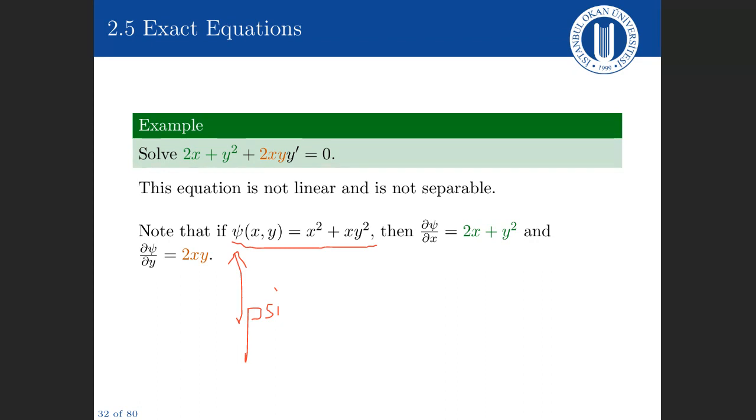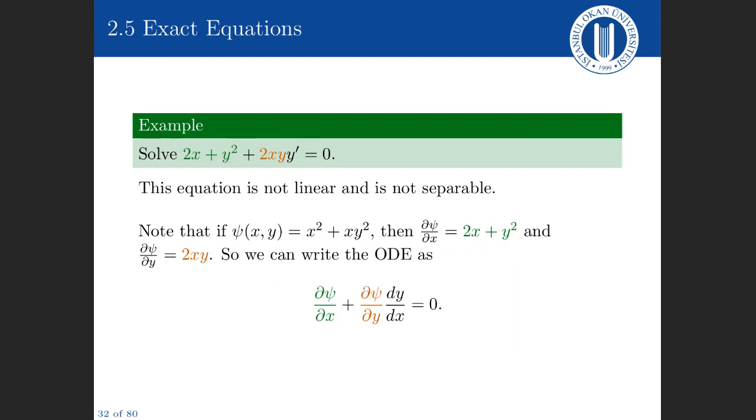If we've found the special function psi, which is x squared plus y squared, and then we take partial derivatives of this function, the partial derivative with respect to x is 2x plus y squared, or the first part, and the partial derivative with respect to y is 2xy, or the second function. So in other words,